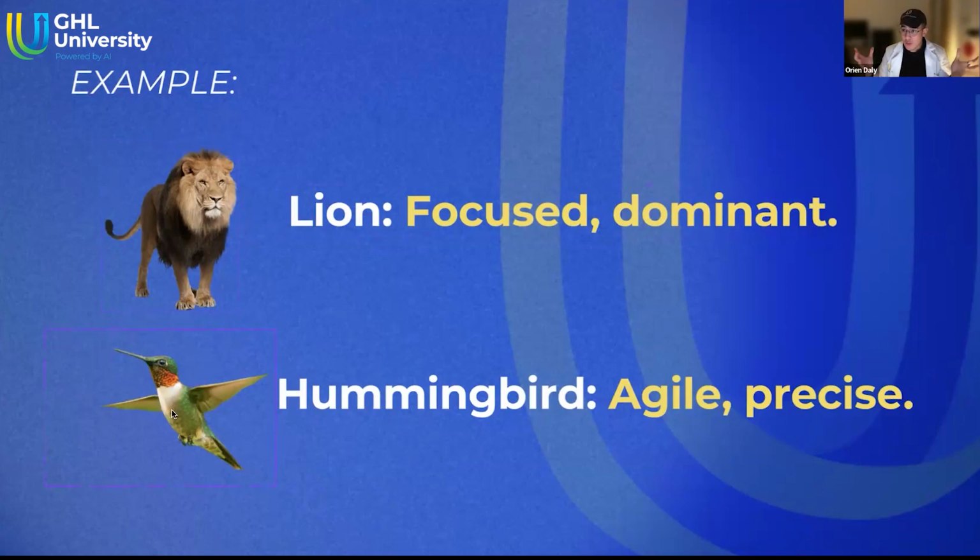And you can still specialize. You can still grow. You can still be the biggest and the best hummingbird in the space, but you won't be the lion. And that's actually how GHLU came about. We realized, maybe we won't be the lion. We'll be the hummingbird for now. And then we can become like an AI lion hummingbird from there.